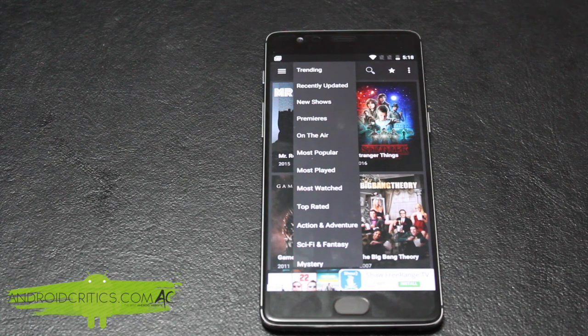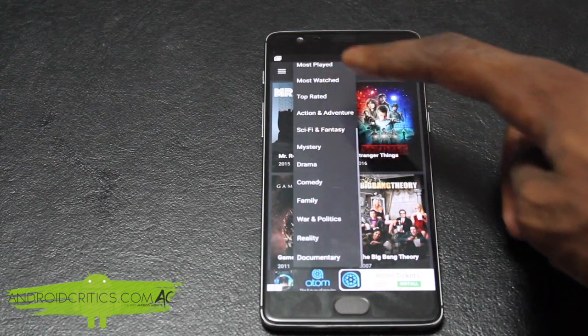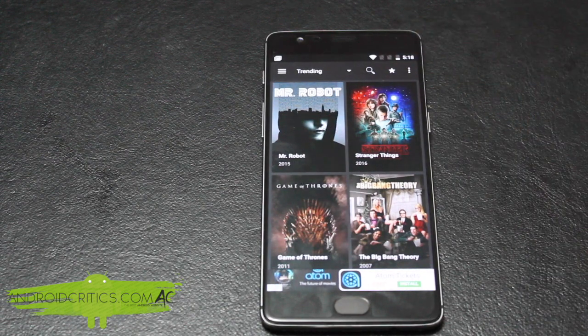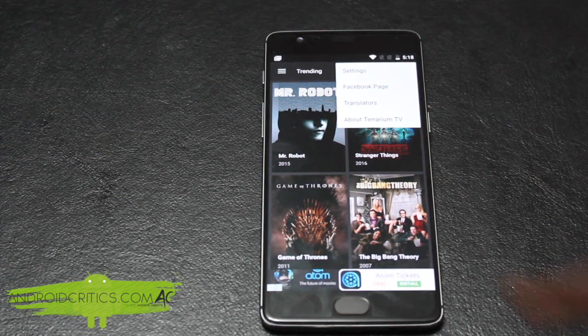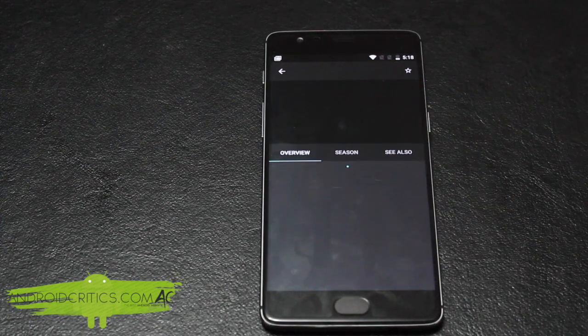So you have trending, recently updated, new shows, premieres, on the air, most popular, most played, most watched, top rated, action and adventure, sci-fi and fantasy, mystery. So you have all these other categories, and then you have the search right here, so you can search for any TV show. Then you have the favorites, and then you have these 3 dots which allow you to go into settings. And if you take a look at any of these TV shows, for example The Simpsons, you can